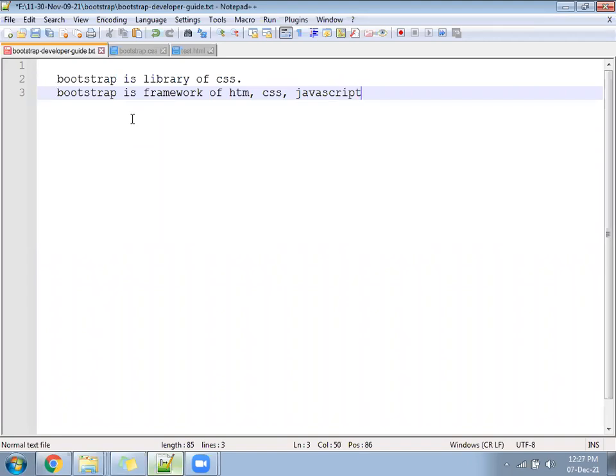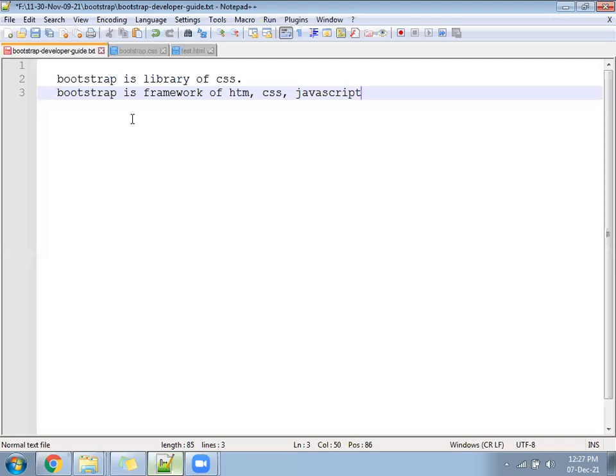Now in future, suppose a question comes in front of you: what is the difference between library and framework? We have written Bootstrap is a library of CSS, meaning when we look under the bootstrap.css file, we'll find only CSS code. So wherever we see one type of functionality, we can say library. For example, React is not a framework, React is a library of JavaScript.